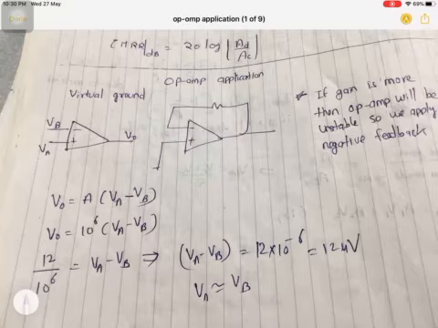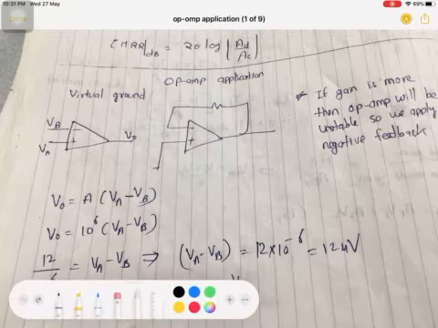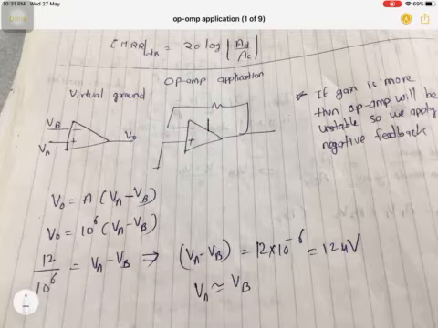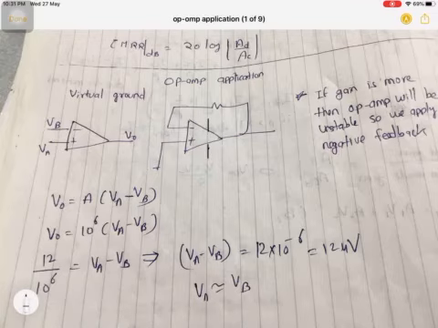So what is the limiting criterion? What can be the maximum output possible for an op-amp? The answer is the supply value. In the last class we saw that there are two power supplies for an op-amp: one is the positive supply and the other is the negative supply. These power supplies limit the output of an amplifier. Let us say we have an op-amp whose power supplies are VCC and VEE.